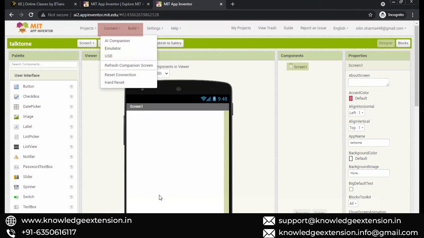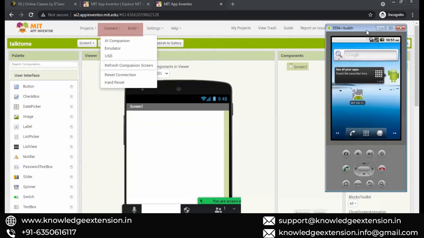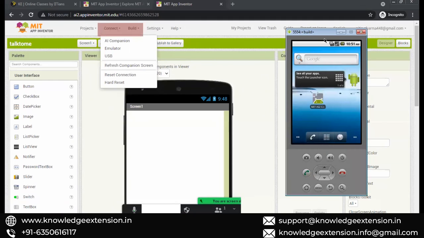And the emulator is, we can say, a phone available on your computer. Like this one, you can see in front of your screen. This is a small phone. It looks like a phone, but it is an emulator, so it has an environment where you can run your mobile apps.